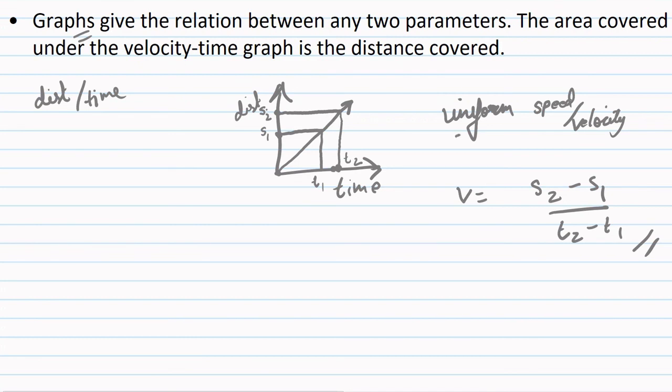So this was the graph for uniform speed. Now for non-uniform speed, the graph can be anything. For example, it could be just like this, or in any other fashion, it doesn't matter. The next type of graphs we have is